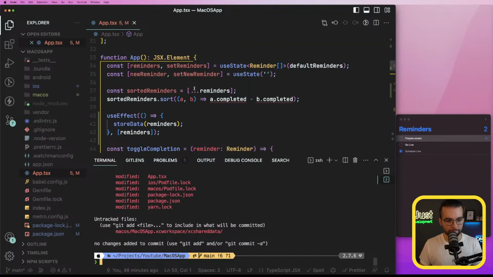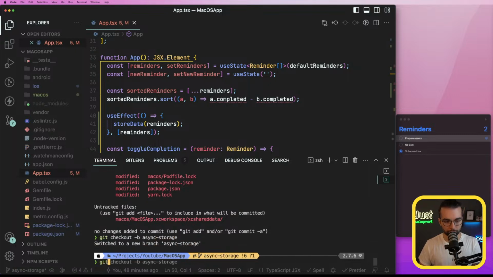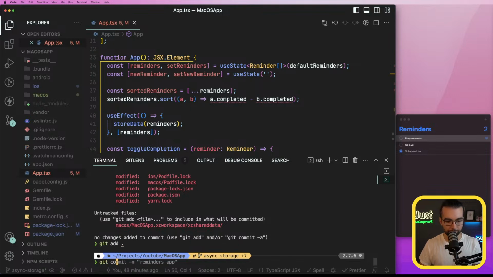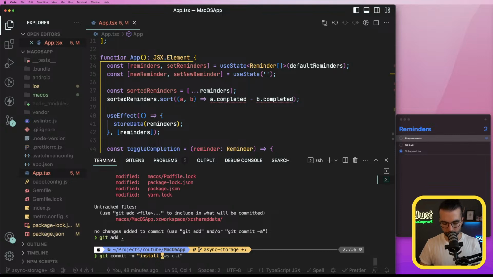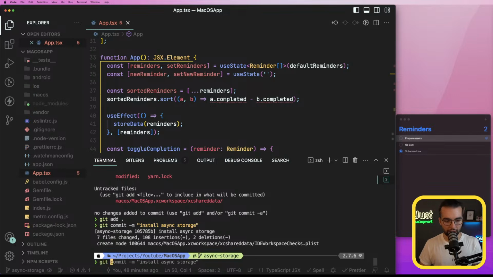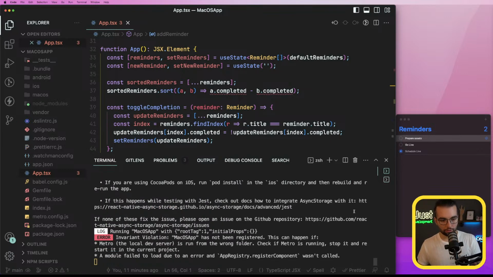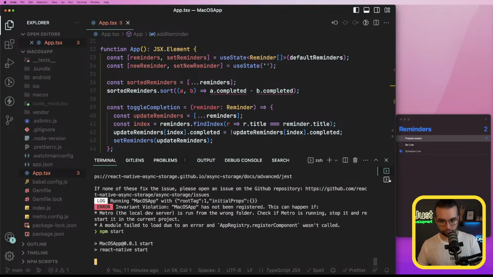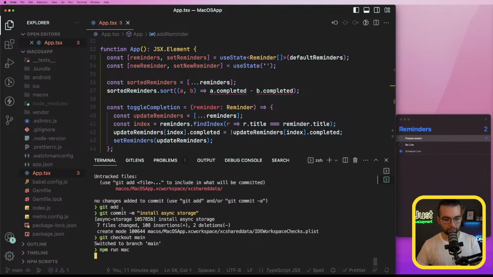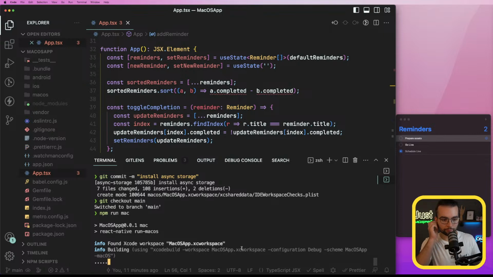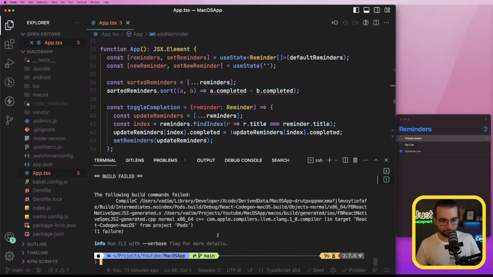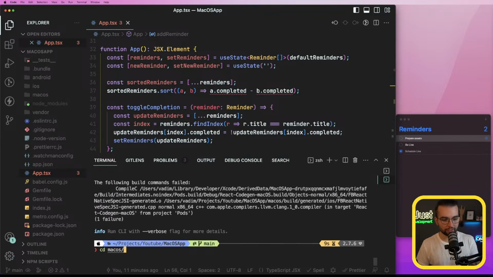What if I move this one to a new branch? Add everything here. Move back to main. And let's see if we can run it from here. npm run mac. It also fails. But if I do cd macOS and do pod install,